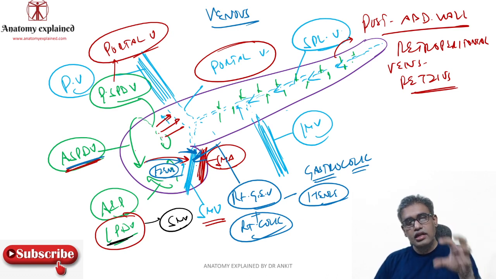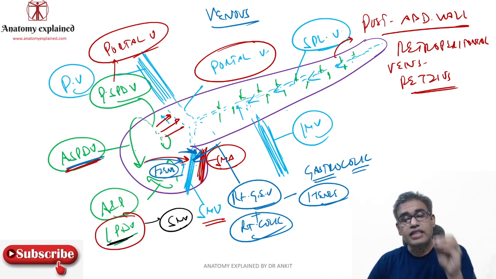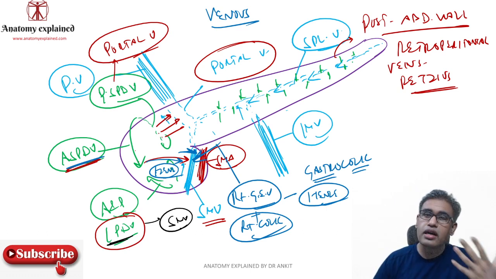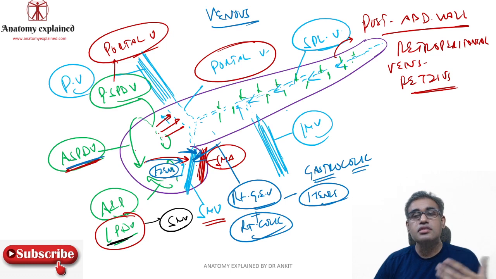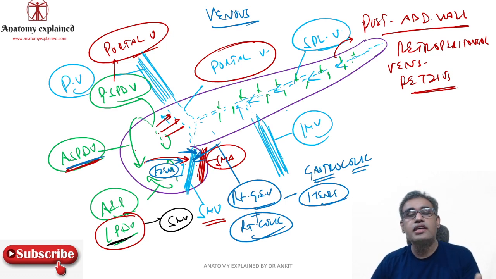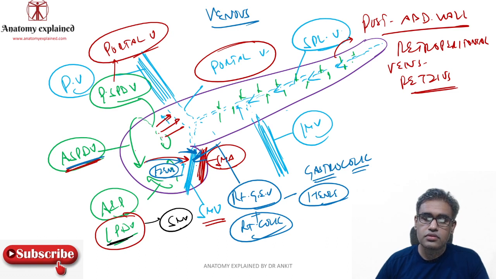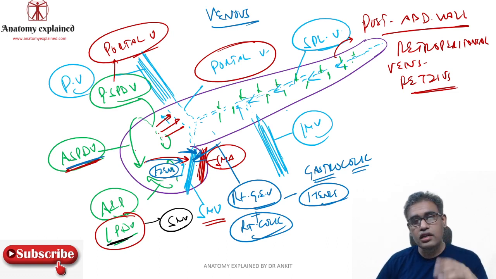Therefore, this could be a site of anastomosis in cases of portal hypertension. The posterior part of pancreas may have a site of anastomosis. So that anastomosis could dilate in case of portal hypertension. Okay, so this is one of the sites. Now what is the clinical importance of this site is when you are doing any surgeries or any intervention on the posterior abdominal wall. If you are not aware of this site, then there could be torrential bleeding over there and you are not aware.